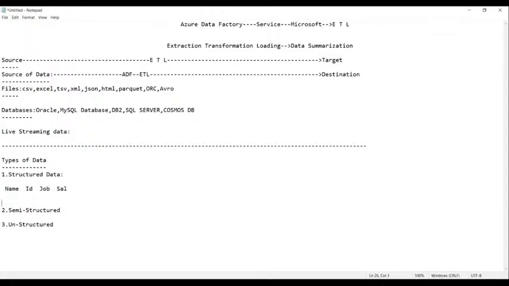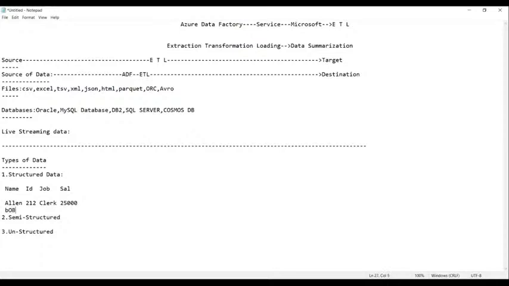So now let's do one thing. Let's fill it up. Name, I'm using Alan, and here the ID number. Job is clerk. Okay, and then salary, 25,000. That's it. Next, can you see? I'm writing one more line.